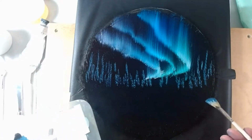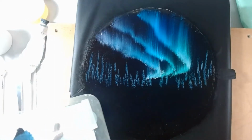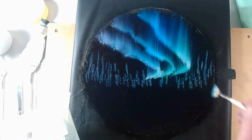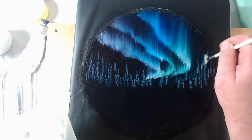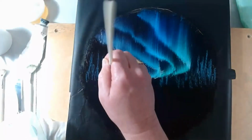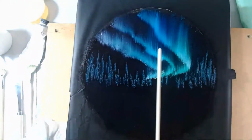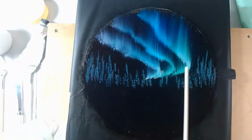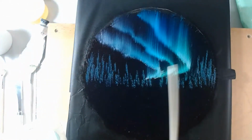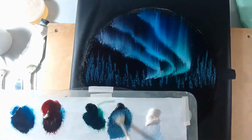And then you look at Mother Nature, and Mother Nature most of the time is fairly irregular. So I like to try and make sure that I change the look of this a little bit. So I'm literally just going to drop in the suggestion of a few little fir trees here. These are background fir trees. So these ones are quite far away, but I do want to convert some of these into something a little bit closer. So I'm going to go back through my